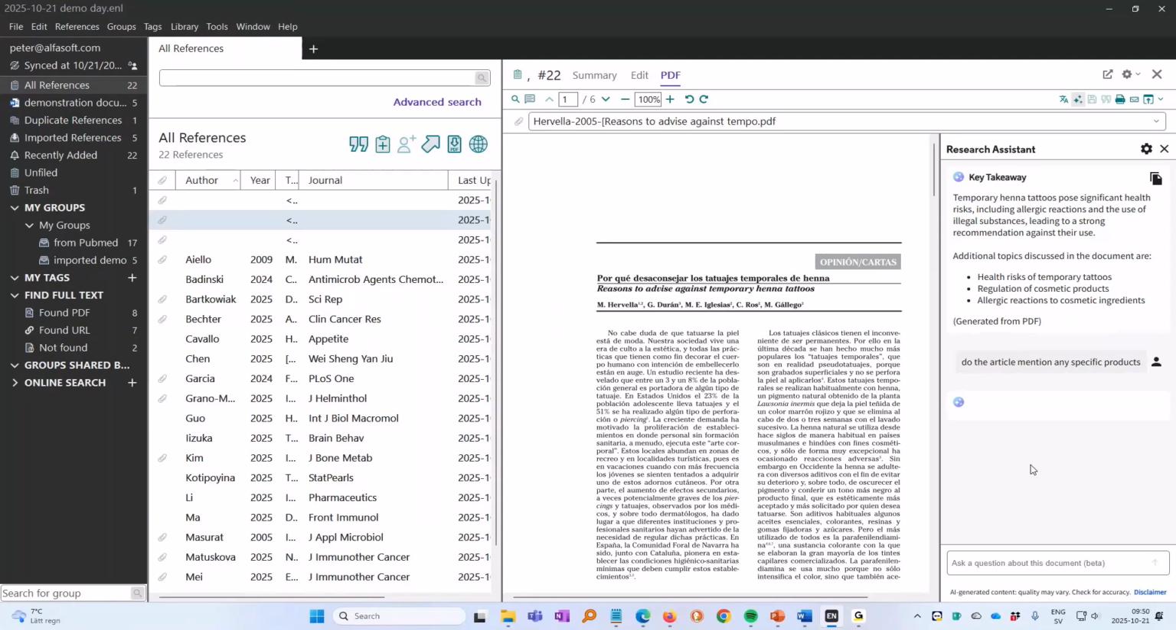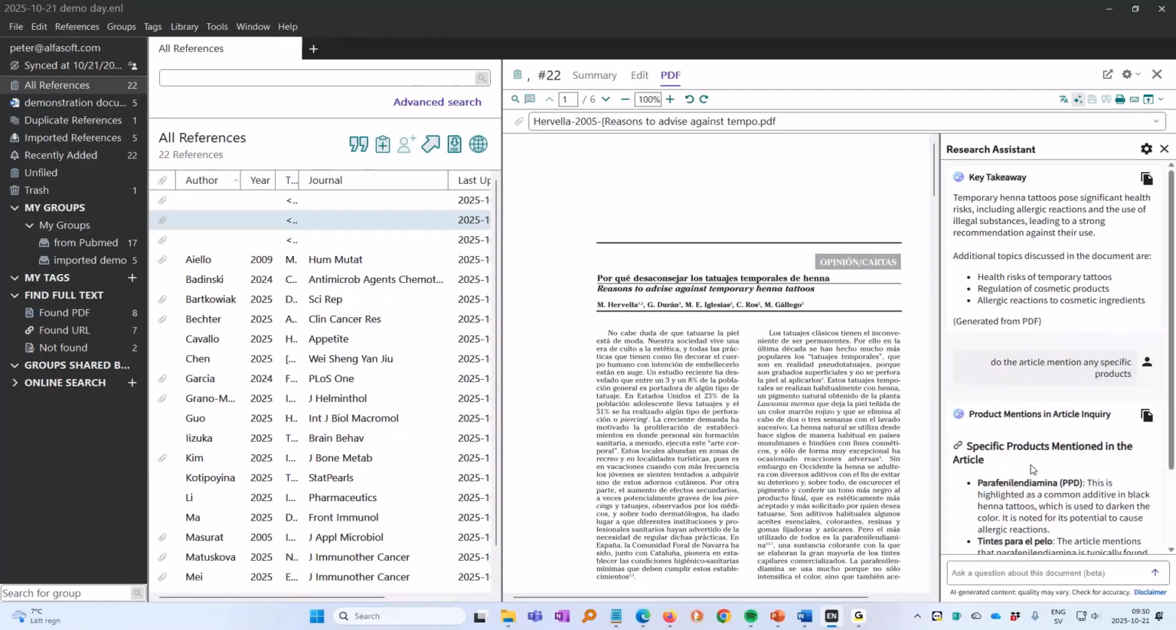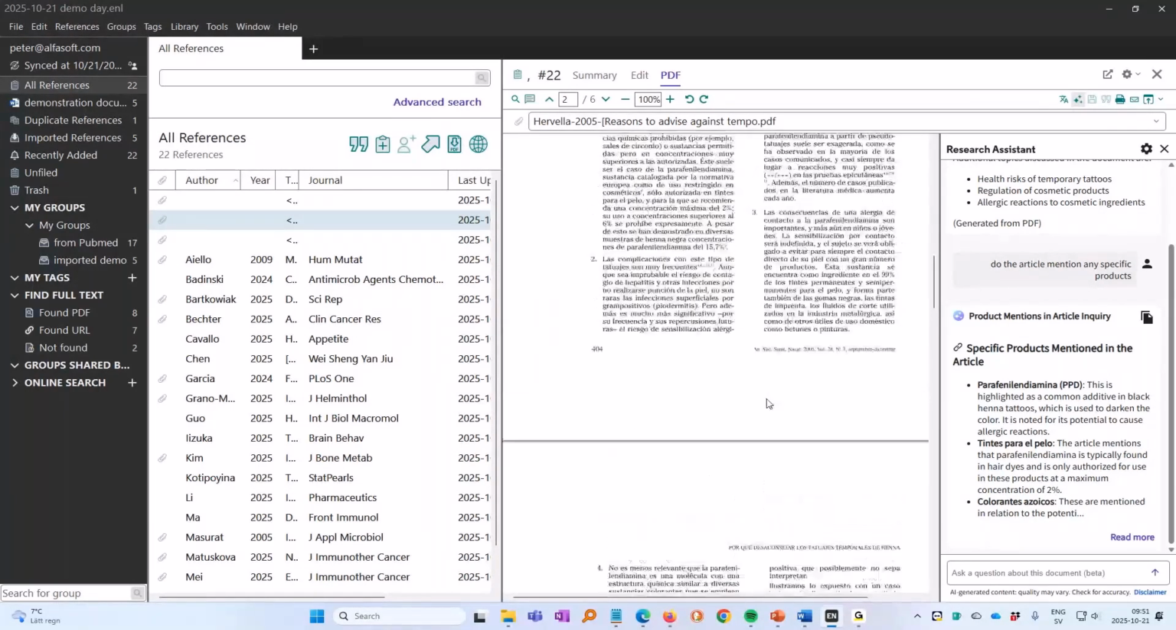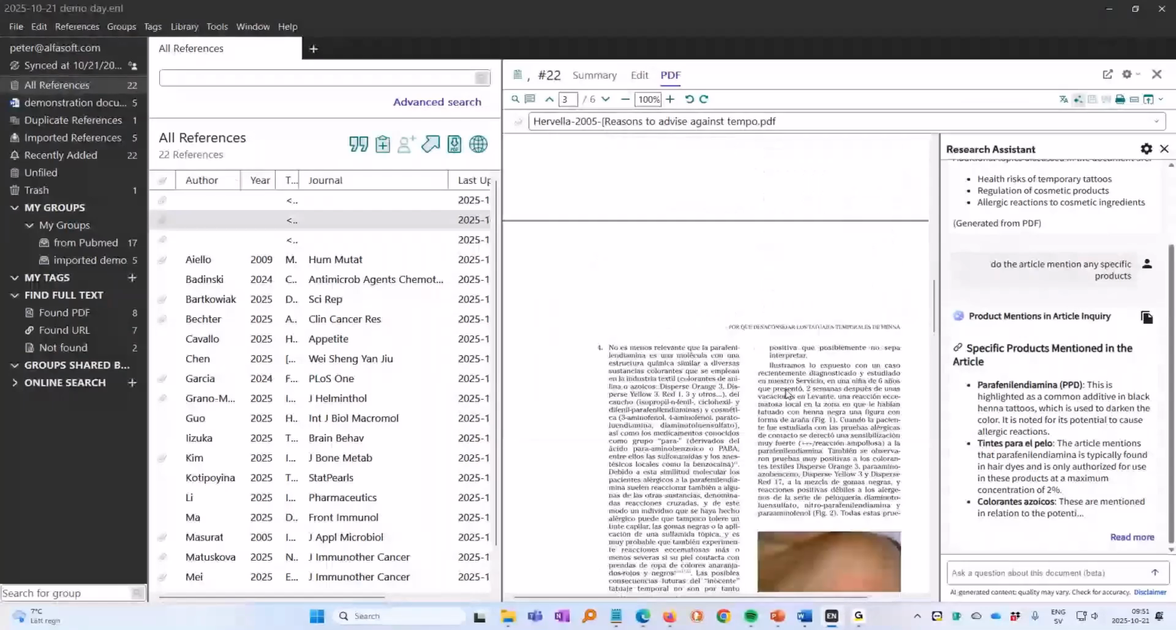I can see that time is running out. Okay. Specific products mentioned in the article. Okay, so they mentioned paraphenylenediamine and some other stuff here. Okay, so that's worth noting, but this article is not very long, right? It doesn't seem very long. It's 6 pages, including